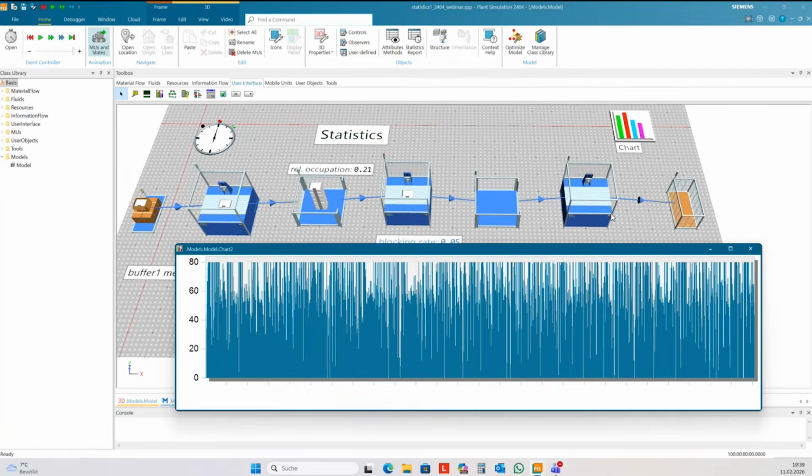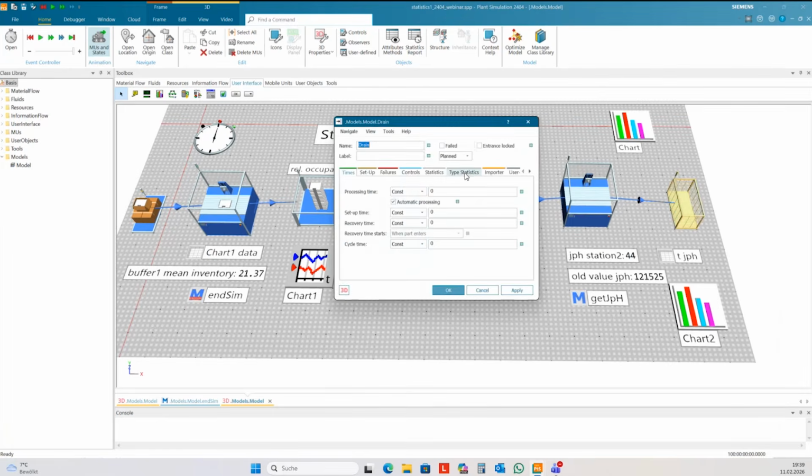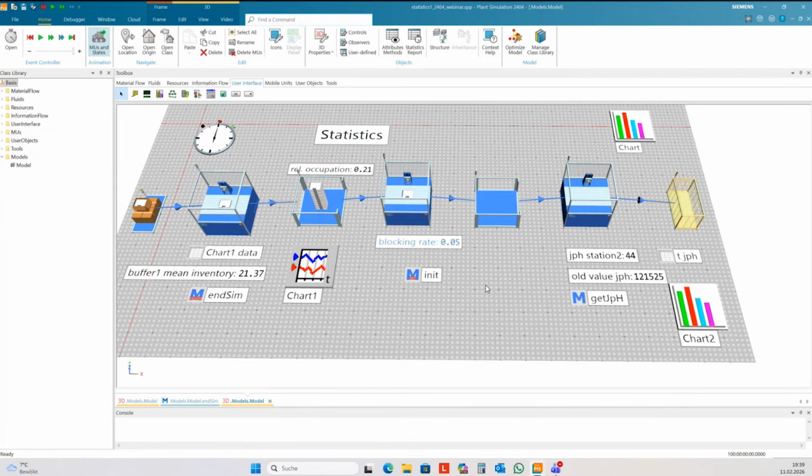If I have a failure here and it takes 1 hour or longer than an hour, I don't have output in this hour. And I have a lot of outputs in 80 here, 80 jobs per hour. And at the end, we have 50 jobs per hour here. And this is, for instance, fine if the target for this line element was 50 jobs per hour.